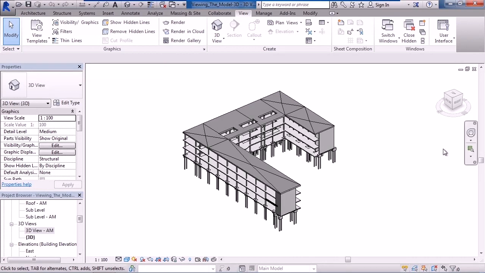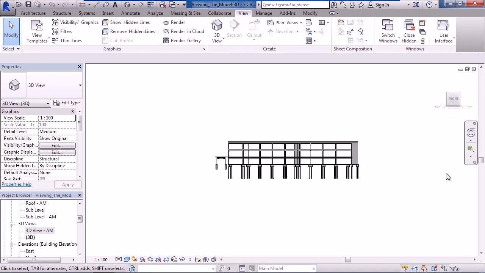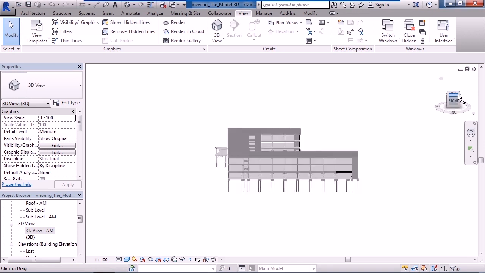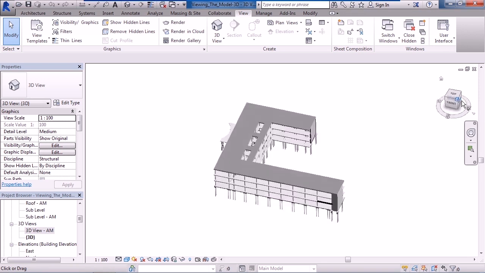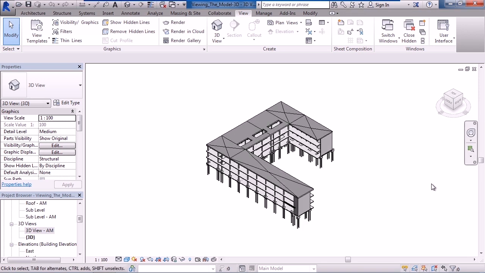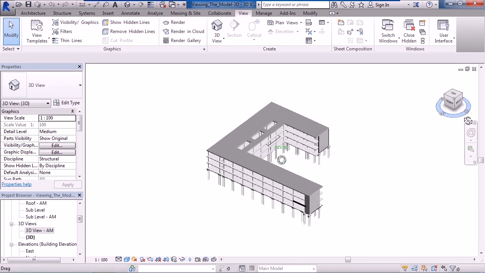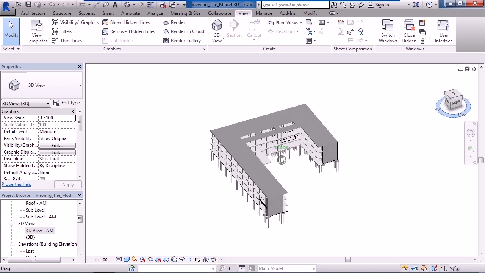Now, you can also use the view cube in the upper right. Clicking on any side of the view cube, the right, the left, the front, or the back, or the top or the bottom, will rotate your model to view that actual side of the view cube. You can also click an edge of the view cube. Clicking an edge will change the model to view that edge or that perspective of the actual model. Click a corner of the view cube and you'll rotate to see that angle or projection. You can also use the little circle holding the left mouse button down on it and pivot this actual cube,